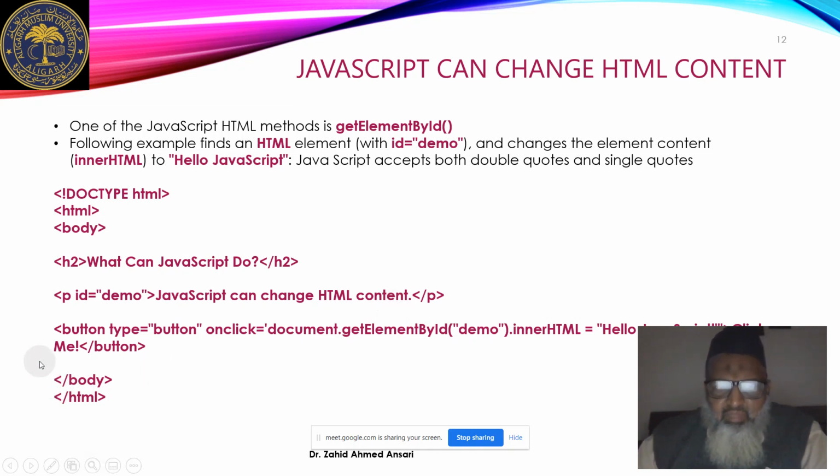Then we are having a button element. So we have a button tag, and at the end we are closing the button tag. For this particular button element we are writing type equal to button. Then on clicking the button, what do we want? When we click the button, then we want